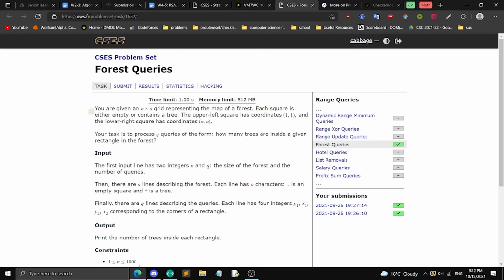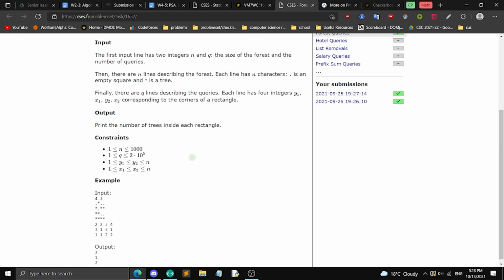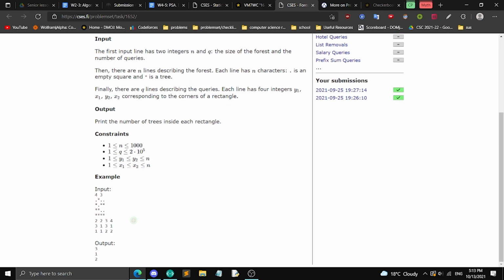This problem says you're given an n by n grid representing the map of a forest, and each square is either empty or contains a tree. The upper left square has coordinates 1, 1, and the lower right has coordinates n, n. Your task is to process Q queries of the form, how many trees are inside a given rectangle in this forest? So if we look at one of the samples here,